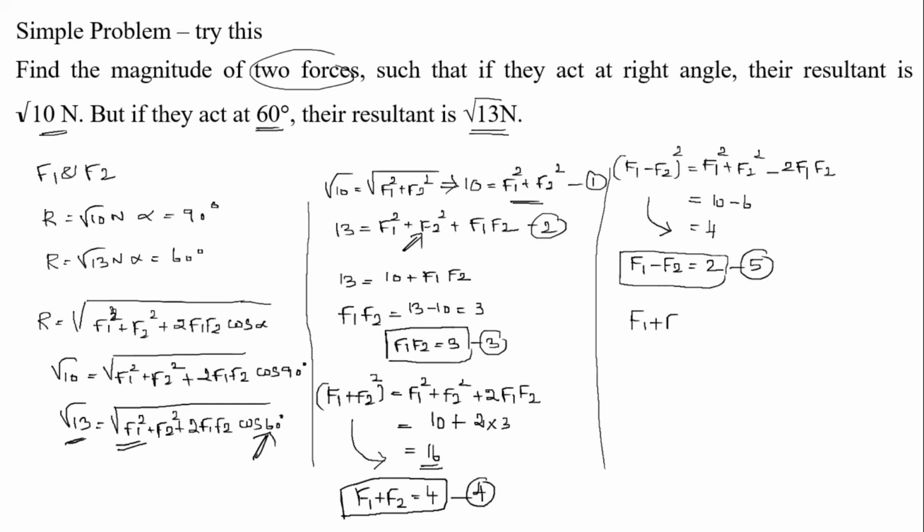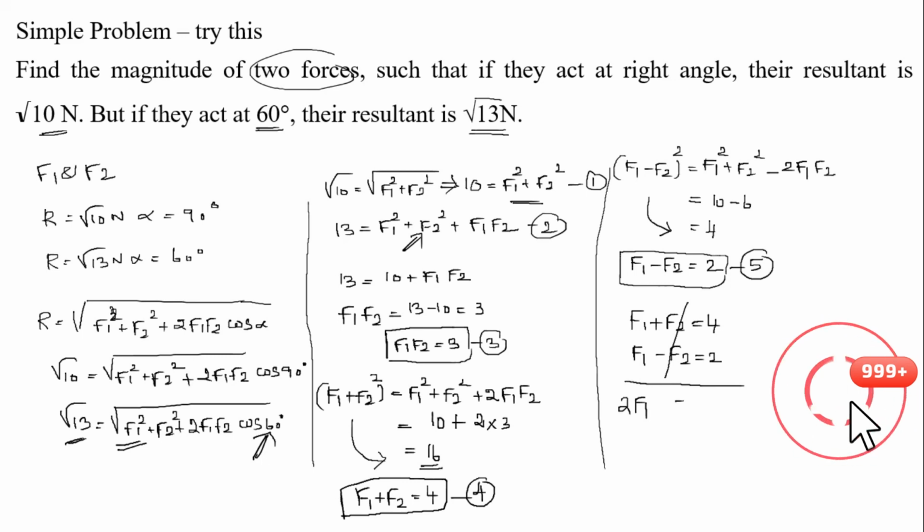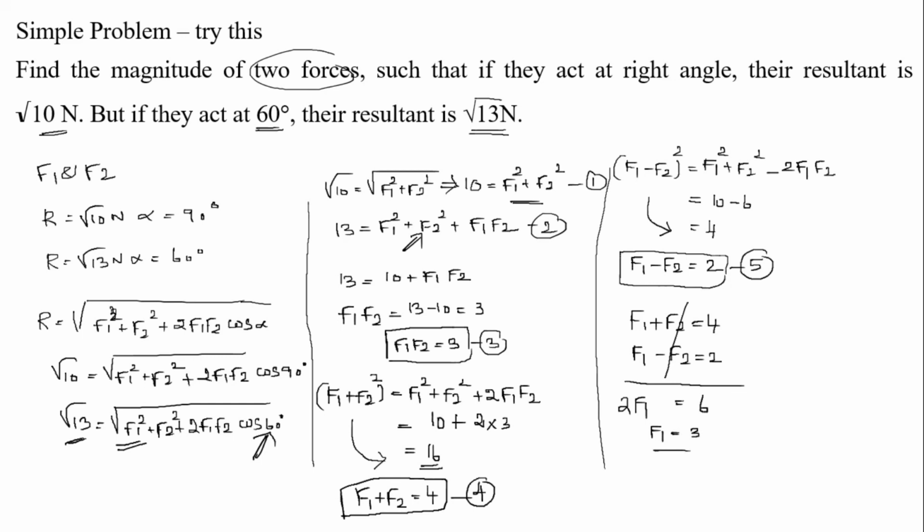F1 plus F2, which is equal to 4, F1 minus F2, which is equal to 2, right? Now, solve this. So, 2 F1, which is equal to 6. So, F1, which is equal to 3, right? So, substitute this value in this equation, right? So, F1 which is equal to 3. So, F1 minus F2 which is equal to 2, this is the equation 5, then substitute the value F1. So, F2 which is equal to F1 minus 2. So, F2 which is equal to 1,